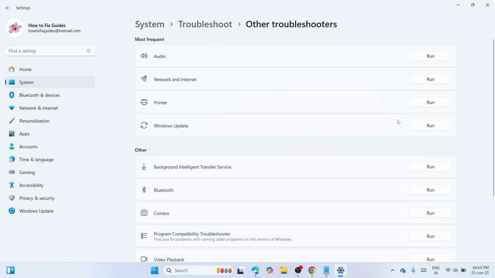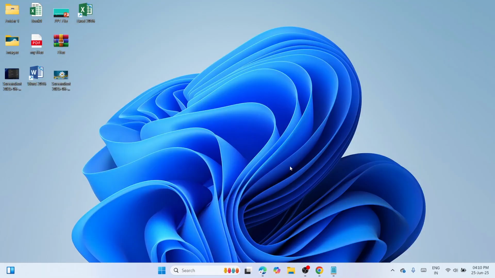Click on it, and please click on Run corresponding to Windows Update. So run the troubleshooter for Windows Update. This will take 2 to 3 minutes. Once you have done this process successfully, you need to restart your computer and check if the problem has been fixed. However, if not, then we need to navigate to the next solution, and that is you need to proceed